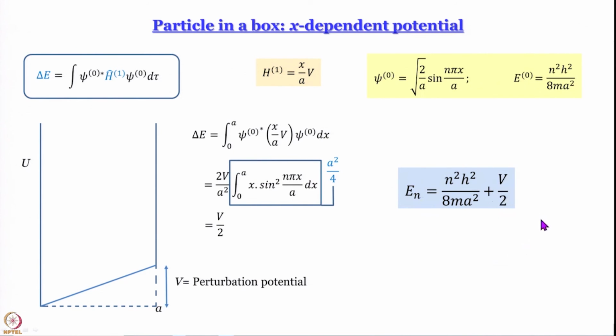Now see, V would better be small, right, and you can think of very large values of V. What about n square h square by 8 m L square? We have talked about what kind of energies they can be. If V is very large, then of course this treatment is not even valid, because that delta E into delta psi, you cannot equate to 0 anymore if delta E is large. So you have to work with V's that are small enough. If V itself is close to infinity, of course this treatment is not valid, but otherwise it is. And we see an elegant and simple example of application of time independent perturbation theory to a simple model system.